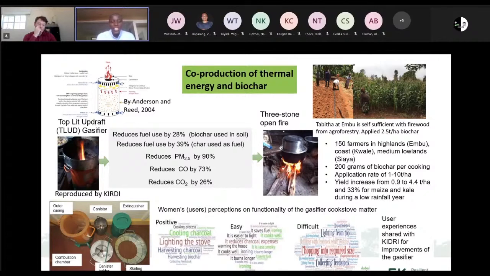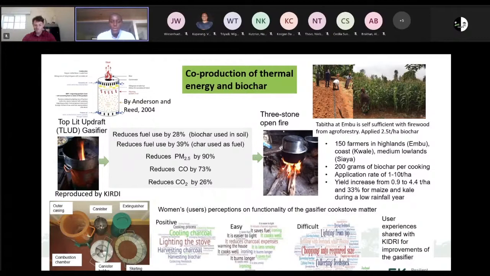And once we studied this in real life, in the kitchen laboratories, on its performance, we also had a longitudinal study to try and understand the perceptions of the users on its functionality. And these are mostly women. And what we are finding is that they say some things are easy to work with, it's easy to light, it saves fuel, reduces emissions, but they are also facing certain challenges. One of the challenges is chopping wood into small pieces of about 22 centimeters,